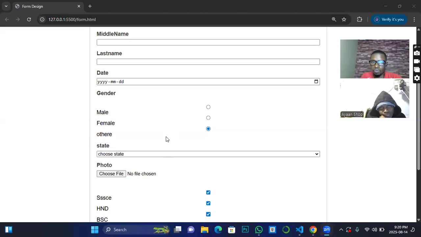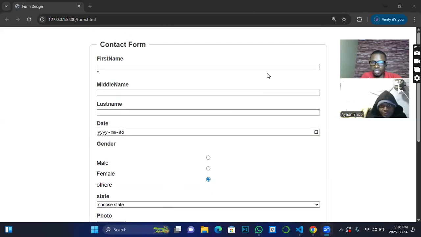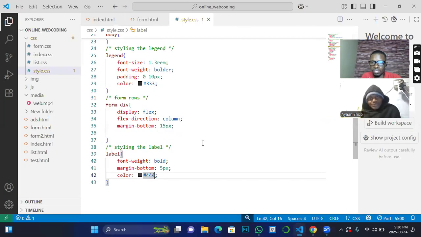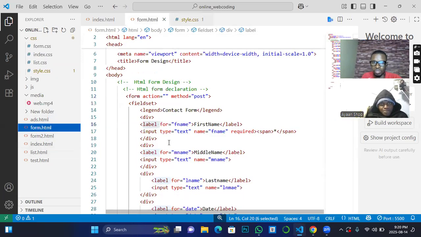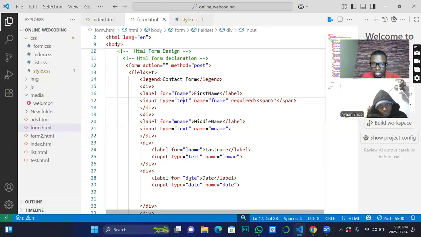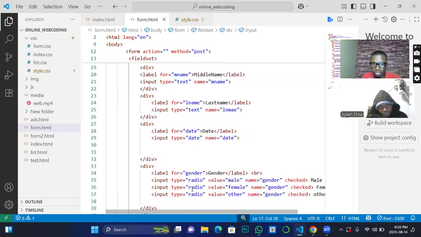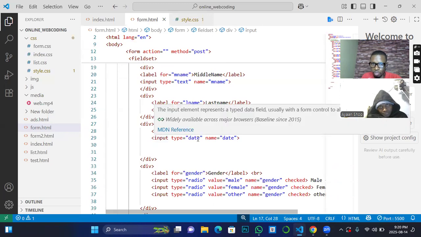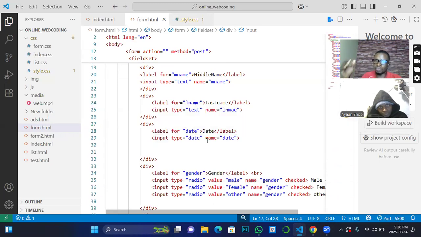Okay, so now I want us to talk to the input. The inputs are these boxes. If you look at this input, let's go back to the HTML. Always go back to the HTML to understand what you want to talk to. These are the inputs. There are places where we say type text. Here, type text. Here, type date. Here, type radio. The same tag, but producing or collecting different types of data